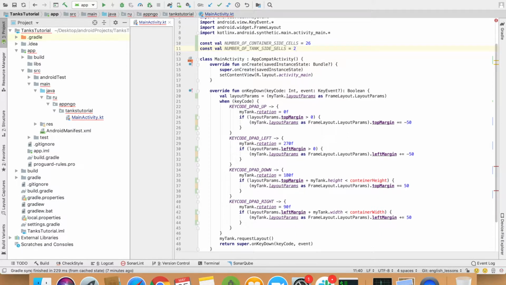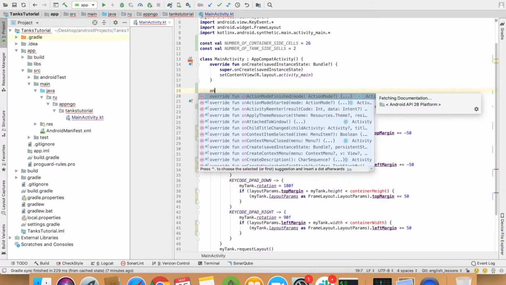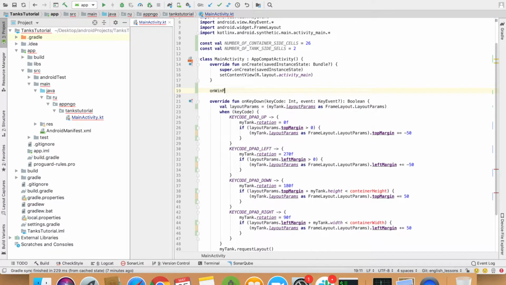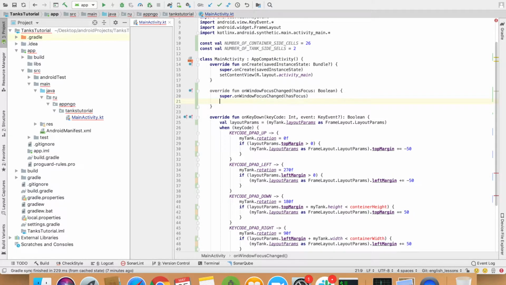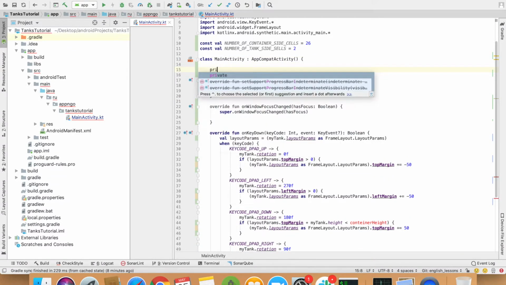Next, I want to change width and height of container. I cannot do it in onCreate method because views are not created yet. We have a special method in which our container's measures will be surely assigned. This method's name is onWindowFocusChanged. The major reason why I need the method